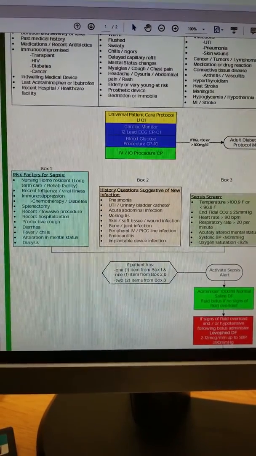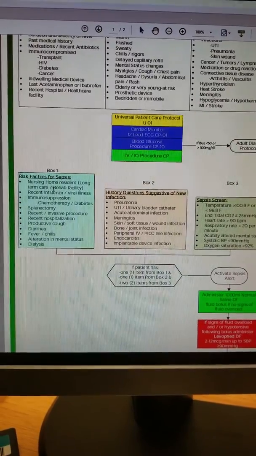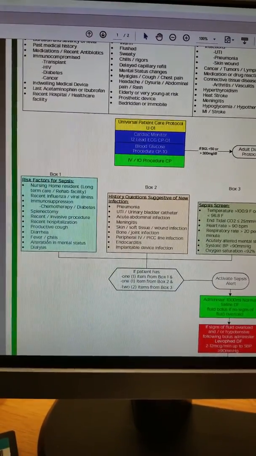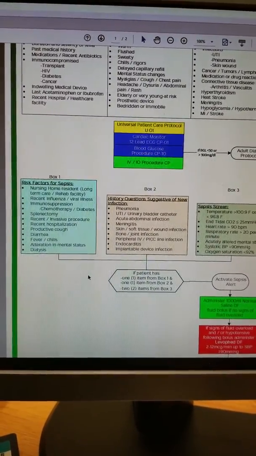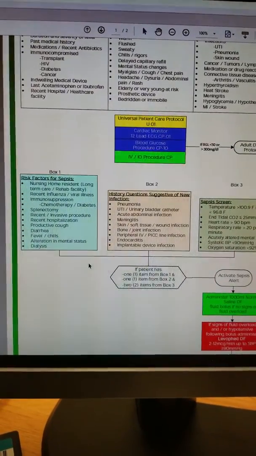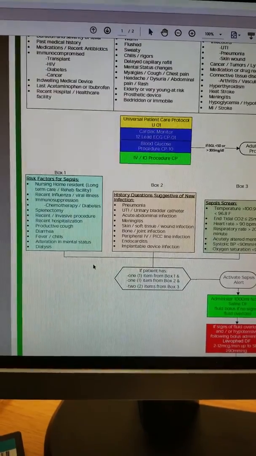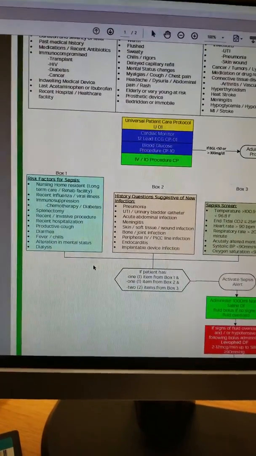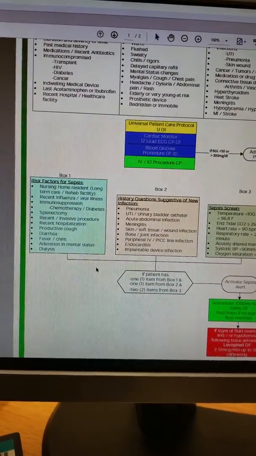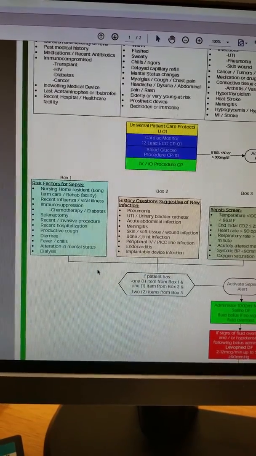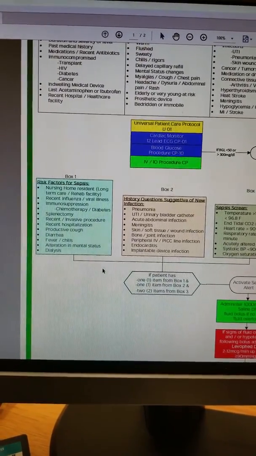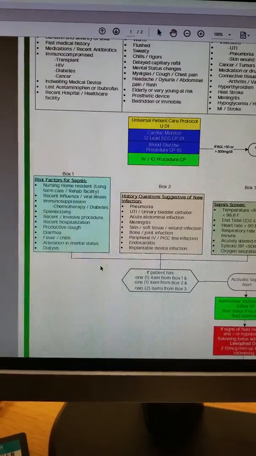So the first box here, you have your risk factors for sepsis, okay? We'll go through these. It's going to take a little while to remember all these things, but if you're picking up a patient from a nursing home, in an LTAC, any kind of rehabilitation facility, if you know they have a history of cancer, they're on chemotherapy, they're diabetic, they're on dialysis, they've had a splenectomy,